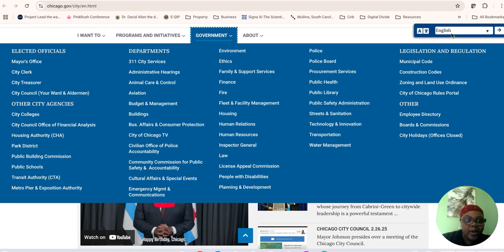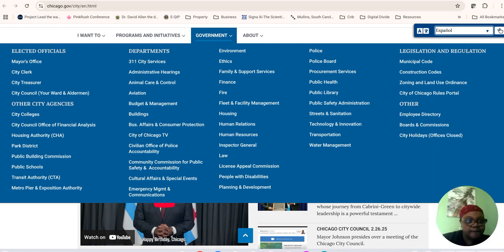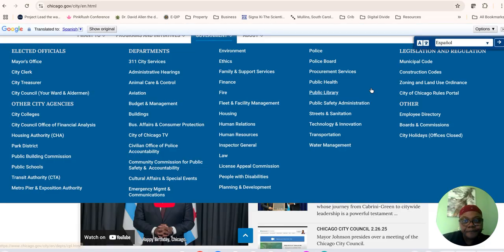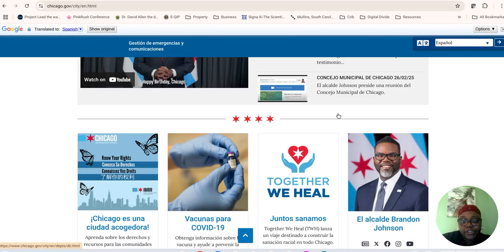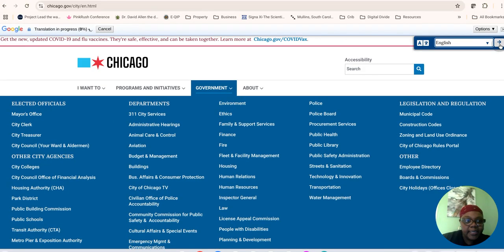What's also nice about the website, up here to the top right, you can select the language that you like the information to be viewed in. So let me just pop down to Espanol, see what happens here. Everything turns to Spanish, as you can see here. It translated it, right? So yeah, the announcement at the top, and then coming down to all the departments, it's all in Spanish. And then to go back to English, I'm going to just hit English, select the arrow, and now the information